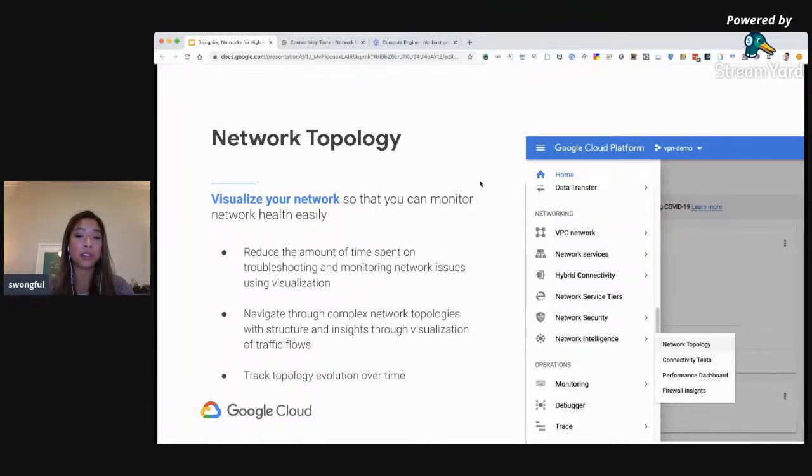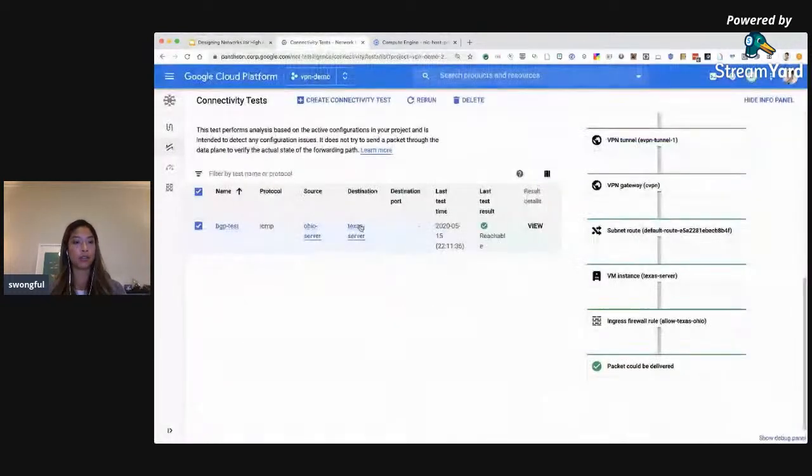So the benefit here is that you can easily understand the topology of your deployments in a visual format, and you don't really have to do any kind of additional configuration to use the tool. You don't need to set up multiple logs or use third-party tools to understand your infrastructure. It just does that for you. That way, you can then analyze the performance of your network. You can drill down, see more metrics, and do some filtering to figure out how everything is in relation to one another. It's really nice for quickly diagnosing and troubleshooting issues.